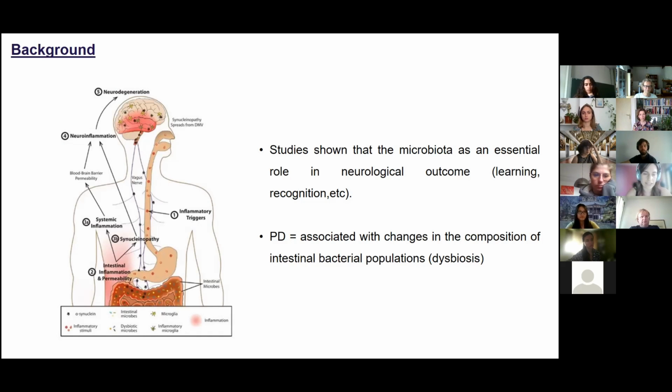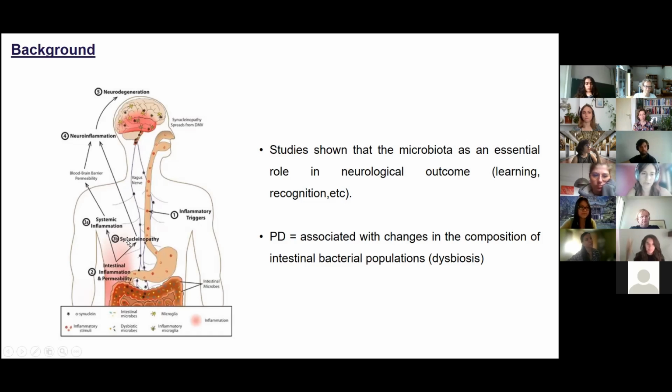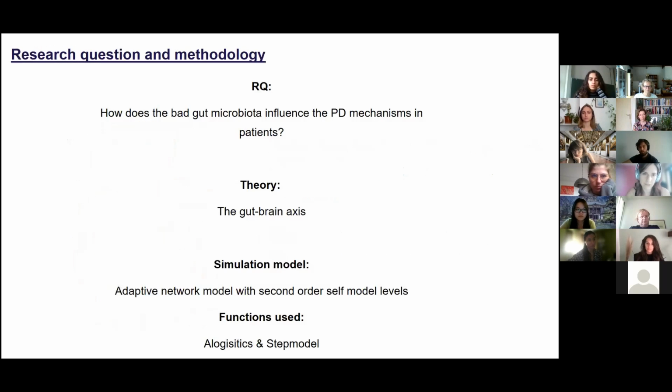And from here, the intestinal inflammation may initiate a widespread systemic inflammation and synucleinopathy in the human body, which together drive neural inflammation and neural degeneration, which of course translates into the loss of dopamine-synthesizing neurons, which then affects motor activations and causes the progression of the disease and the symptoms that we are used to knowing. So this was our background, and from here, one of the main research questions that we